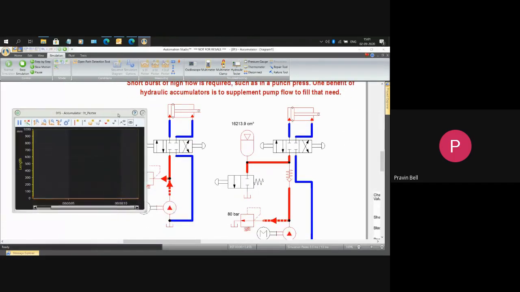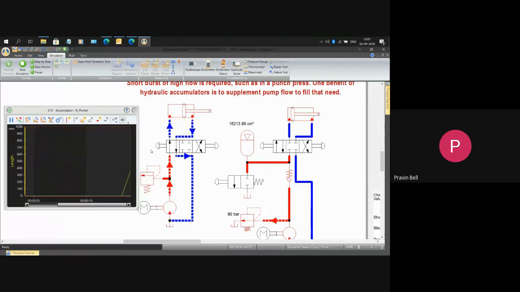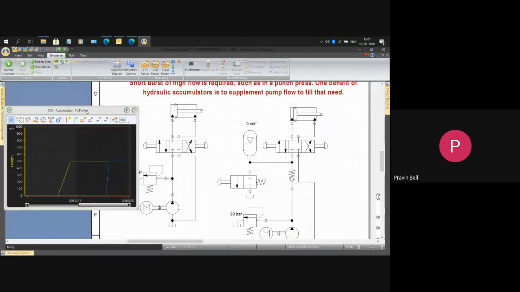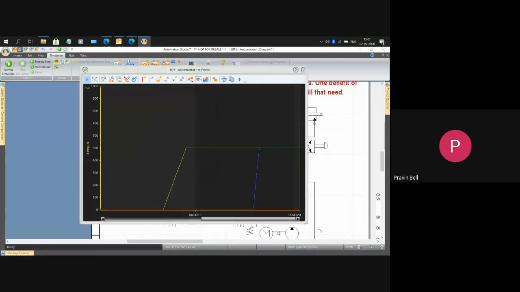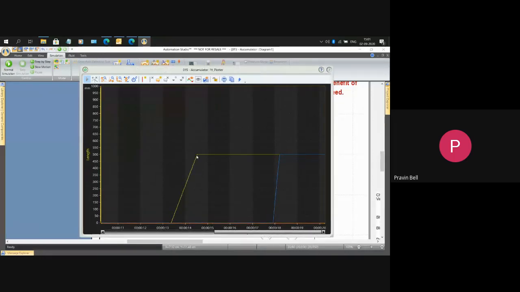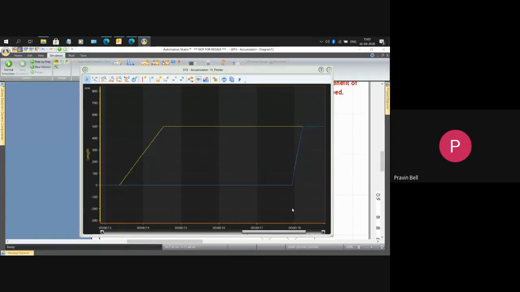Now for my left hand side circuit, I'll simulate piston extension. Then the circuit on the right hand side with the accumulator, I operate. It happened fast, but I'll show you the effect. If you see the circuit, the yellow line without the accumulator, the piston took a longer time. Whereas with the accumulator, the piston shot from 0 to 100 in a very short time. So there's a massive speed difference in the piston extension time by using an accumulator.